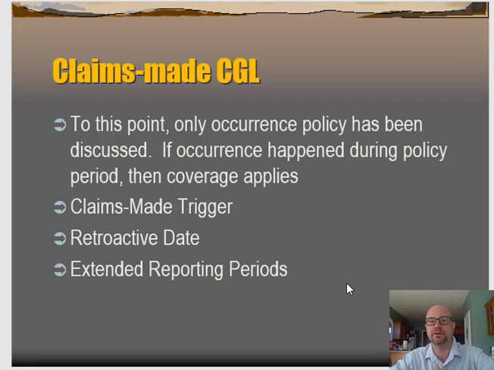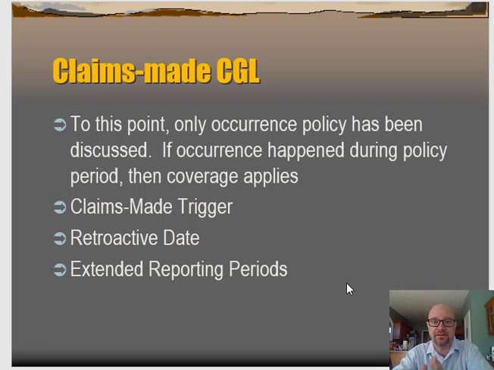Sometimes when we write these policies, we include a retroactive date that goes back earlier. The book makes this a lot more complicated than it has to be. This is kind of a simple idea too. So the retroactive date, a lot of times it's the date the policy is written, in which case it's not going to change anything about whether or not something's covered. It's not going to cover a claim that's made before the policy was written. Sometimes when you're switching from occurrence to claims made to help cover the gap, they will include a retroactive date that is earlier than the start of the policy. And then they're saying, all right, as long as there's a claim made after that date, then we're okay. The real problem is at the end, right?